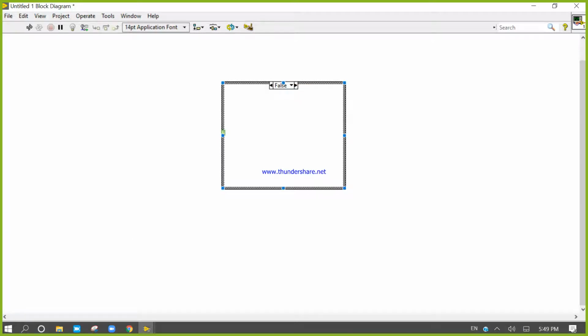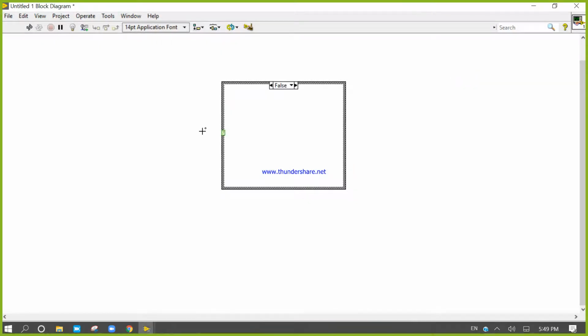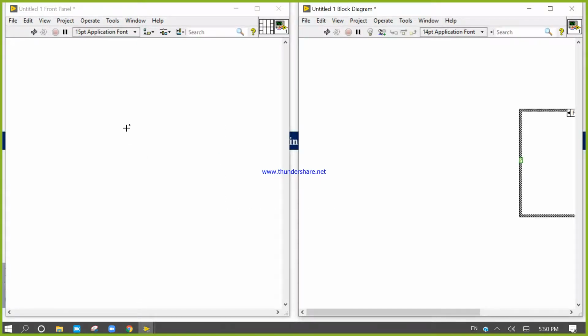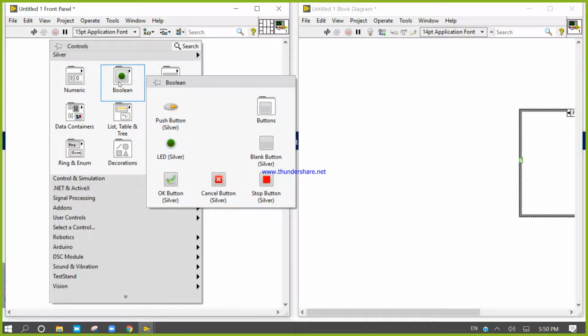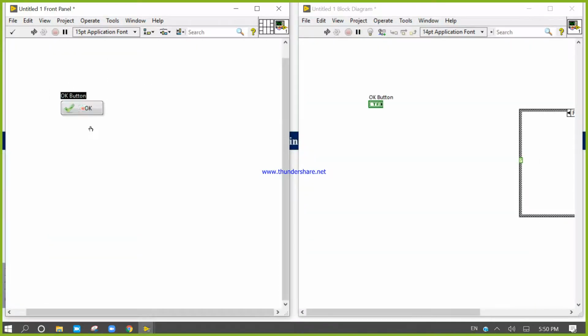This one is the false. So let's see how we can use the case structure. First we will work only on the basic idea with the basic case structure. For that, come to the front panel, right click, go to boolean, and take the OK button.